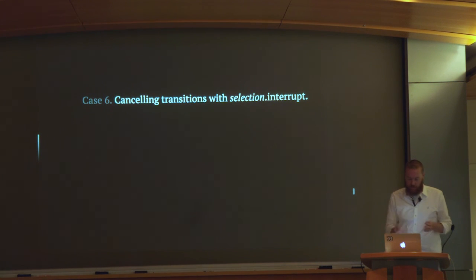All right, so I actually have 2 more quick examples. I'm going to go at a bit of an accelerated rate, so hopefully I can get some questions at the end here. This is another transitions example. Transitions are initiated by